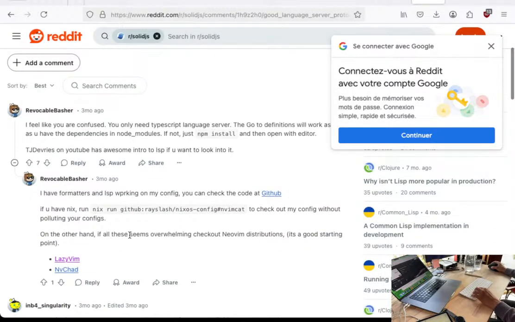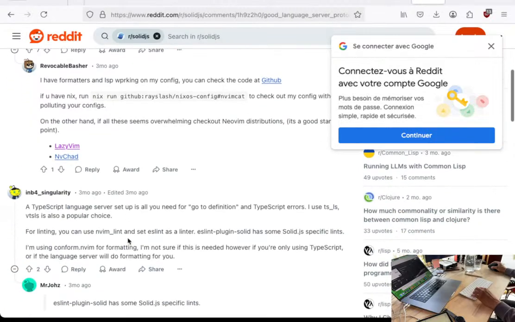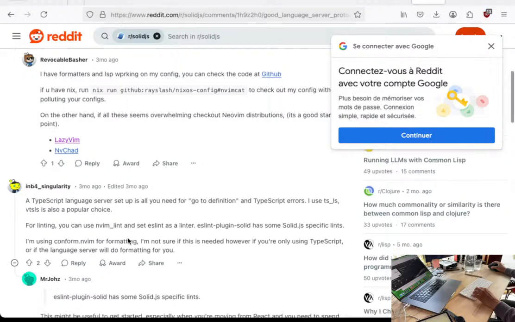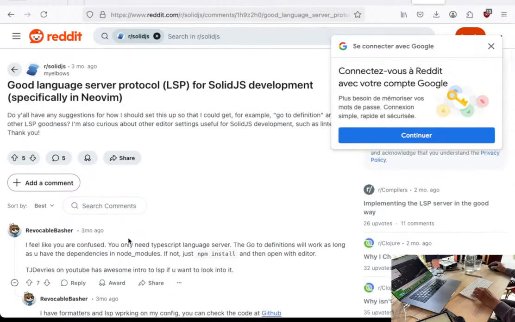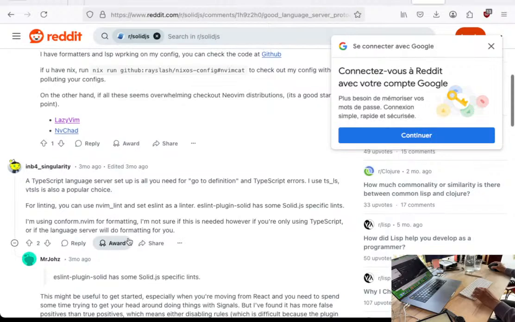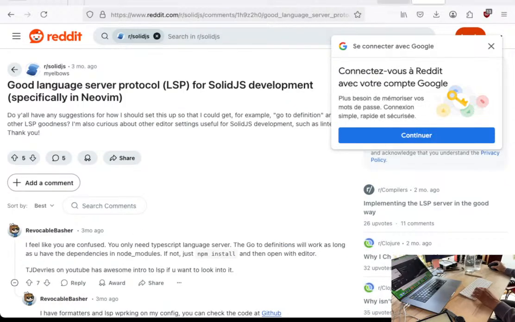On the other hand, yeah. So TypeScript is apparently like a good